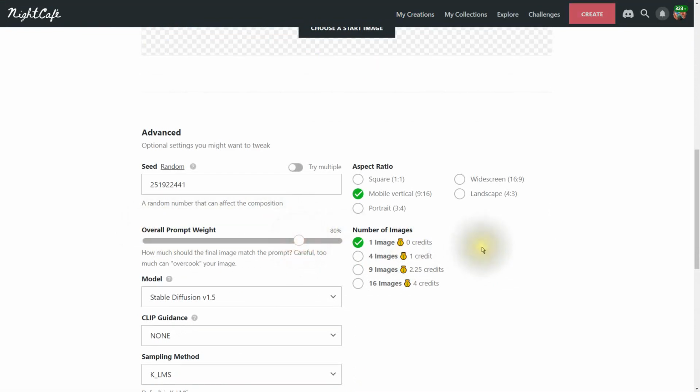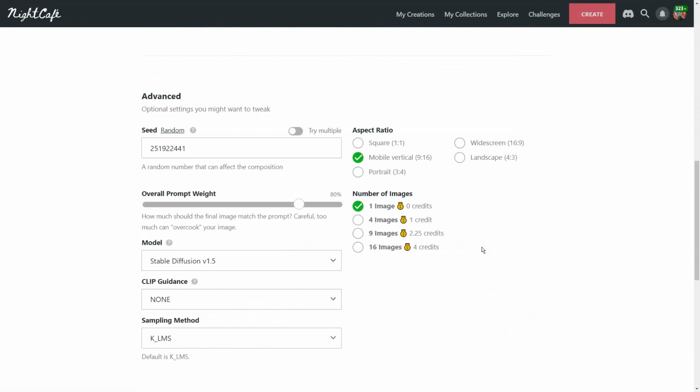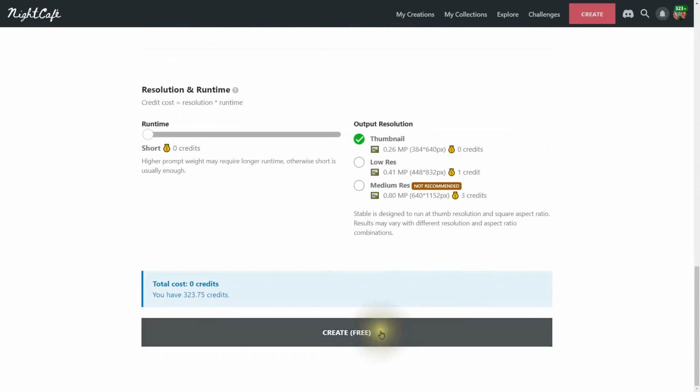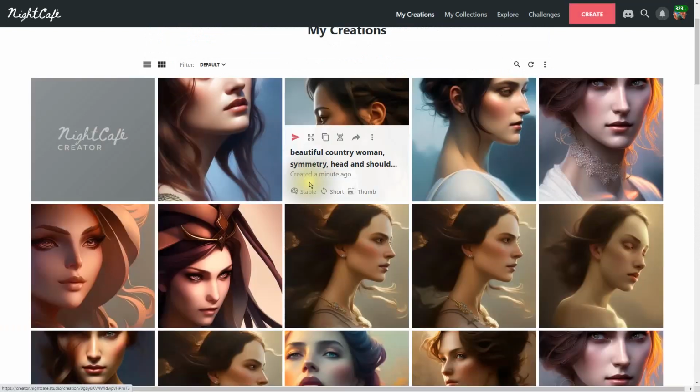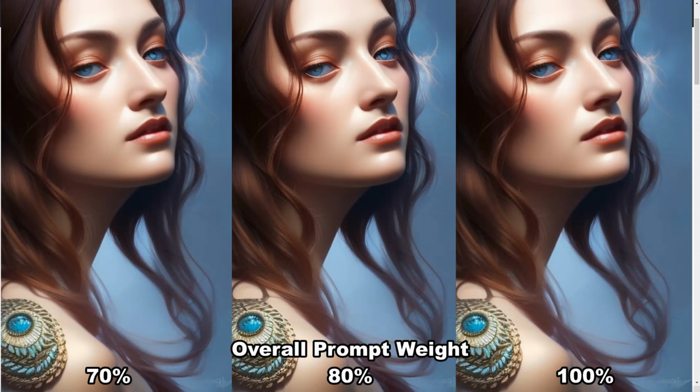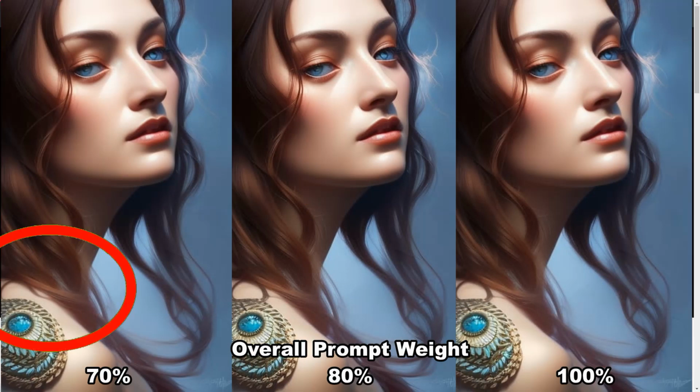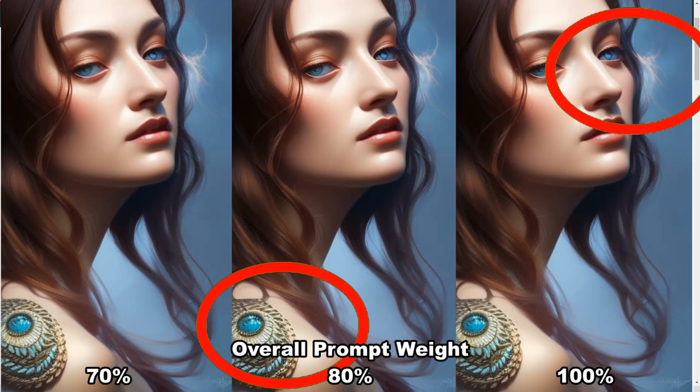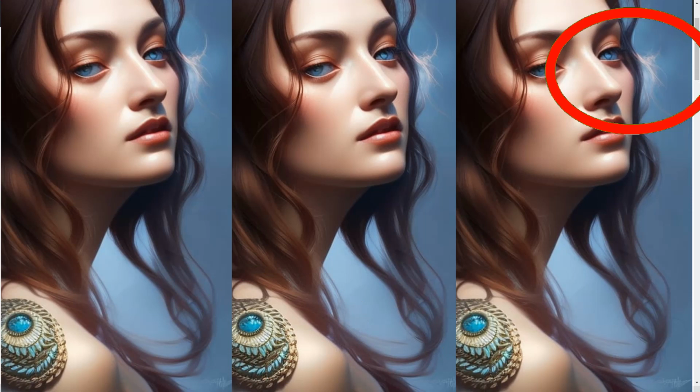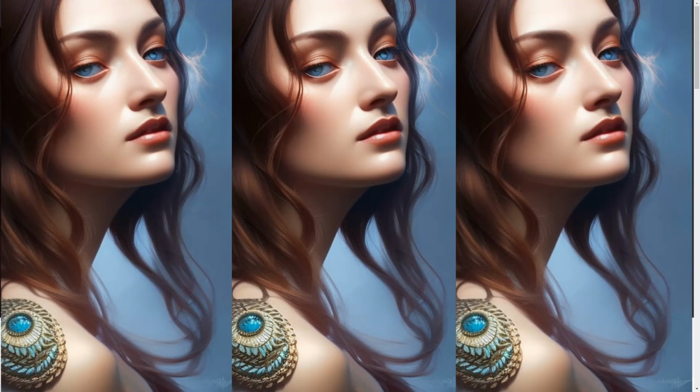I'm going to go 80%, and let's just see if that changes anything here. And the result, as you can see here, is a very minor change. I'll highlight those changes right now for you, but there's a little bit of difference in the quality of the skin tone on her face, as well as some other areas there with her involving her hair and the strands there. Slight variation between each one.